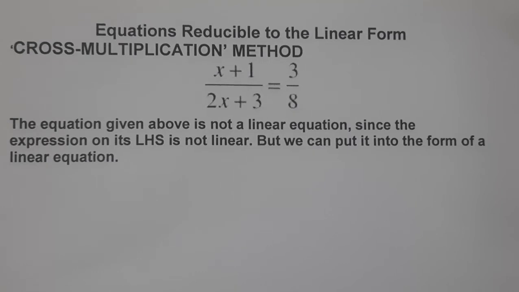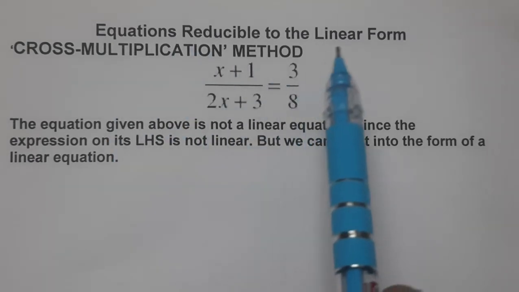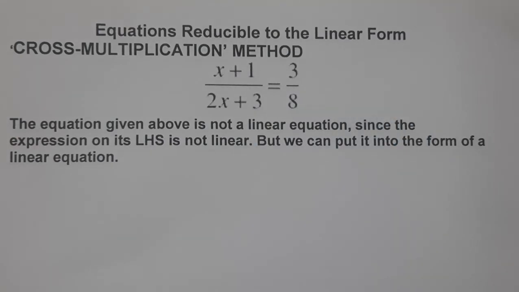So, in the series of linear equations in one variable, we have to now do equations reducible to linear form. We have seen so many types of linear equations. We have reduced them to linear form. They are not at all linear, but we have to convert them to linear form. In the last class, you have seen how we have taken LCM and made the denominator the same and then reduced the equation to a simpler form.